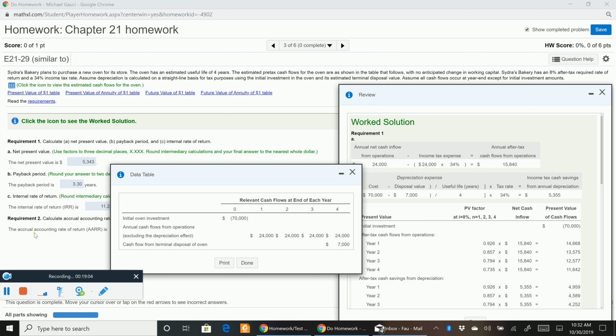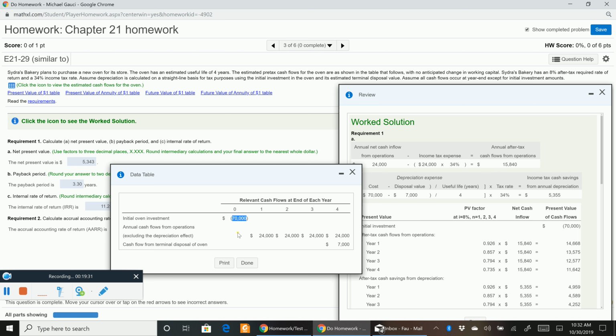Okay, in this next problem, we have a bakery, and the bakery wants to buy a new oven for the store. If they buy this new oven, the new oven's going to have an estimated useful life of 4 years, and the estimated pre-tax cash flows for the oven are as follows. So you can see the table. If we buy the oven, we're going to buy it right now in period 0, negative $70,000,